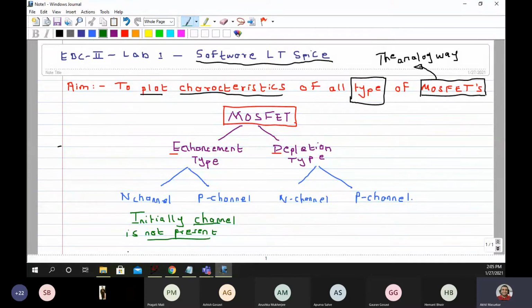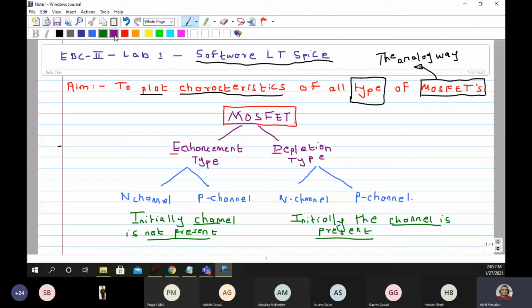The channel is between drain and source, so that is understood. And when we talk about depletion type, initially the channel is present.